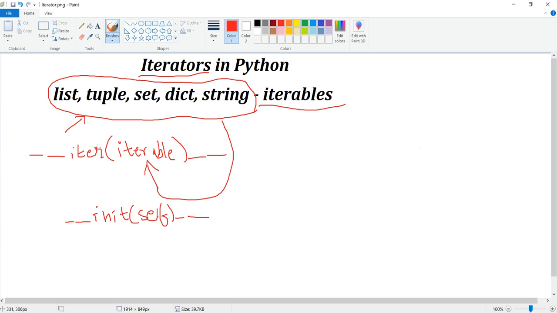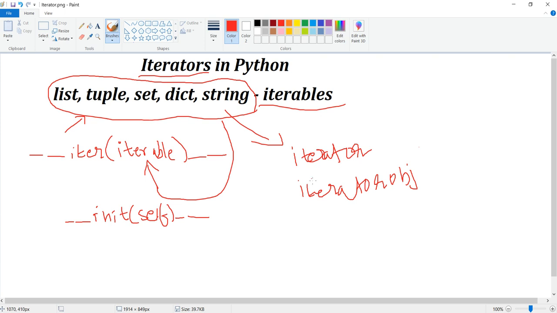When you pass an iterable, these data structures in their class have this method by default, __iter__, which allows for the initialization of an iterator. This results in an iterator, meaning they can be printed one by one, and it also returns an iterator object. The iterator object is basically each of the data elements that are present in this.